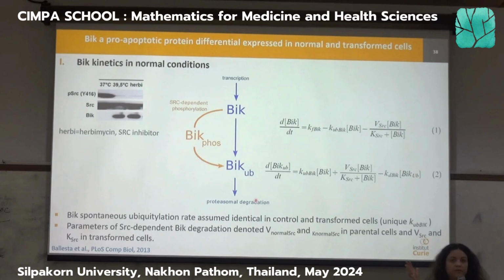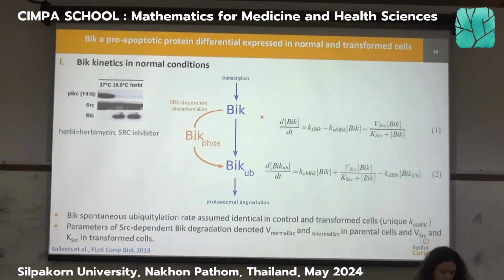But we suspect that in the cancer cells, something else happens. And basically, this is the orange arrows here. This is something that we call FOS, or phosphorylation. And this is something that we think only occurs in normal cells. Let's see if that is true. I mean, we are going to challenge that with the mathematical model. And this is the term that will depend on SARC. So let's write the equations.